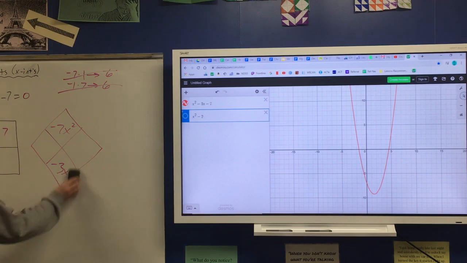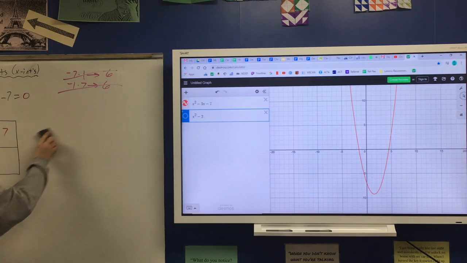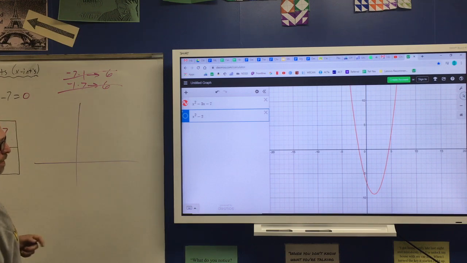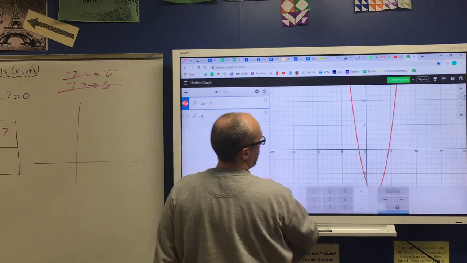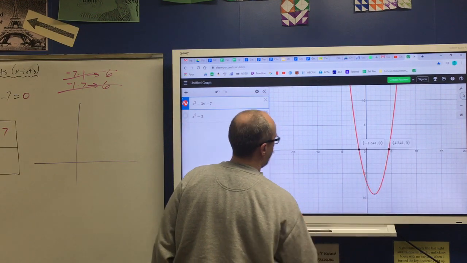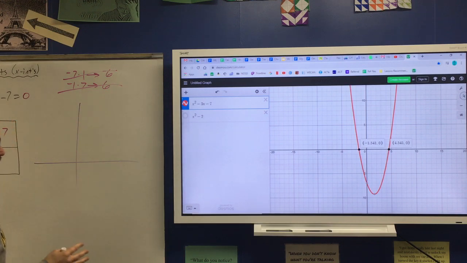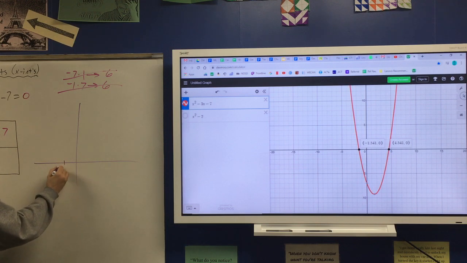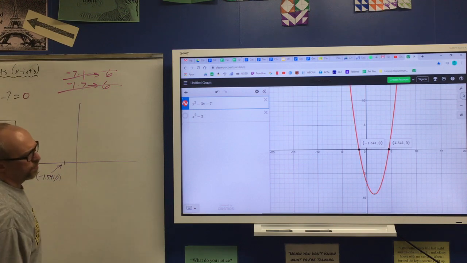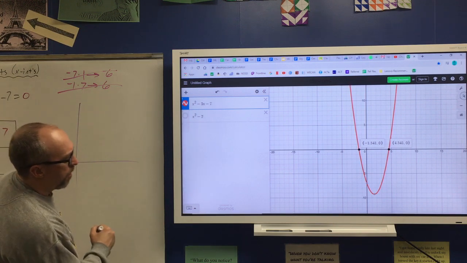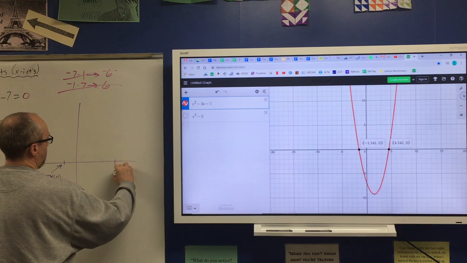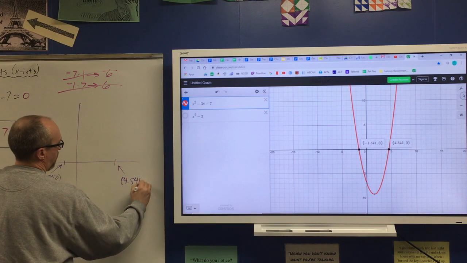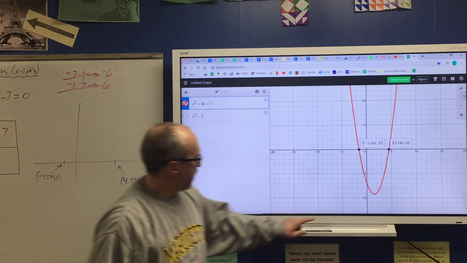In your case, you're going to be doing it in your notebook. I can sketch a graph real quick. And again, it's here and here. And I love that. It just shows me where these things are. And in fact, here's a nice little trick. Negative 1.541, comma 0. And then the other one is at 4.541, comma 0. And then if I want to get the vertex,